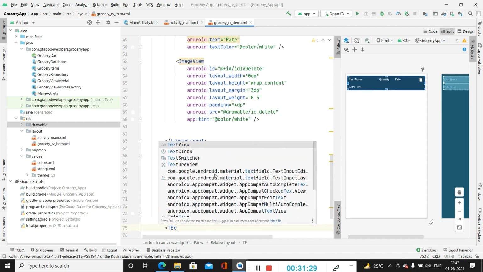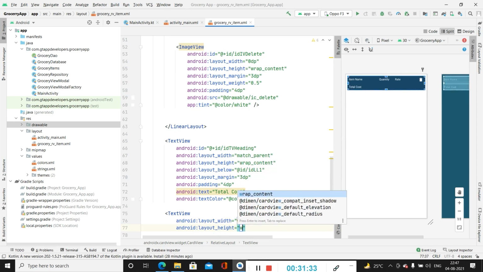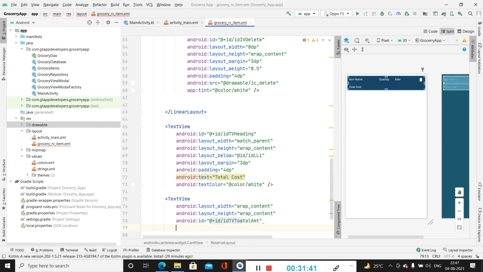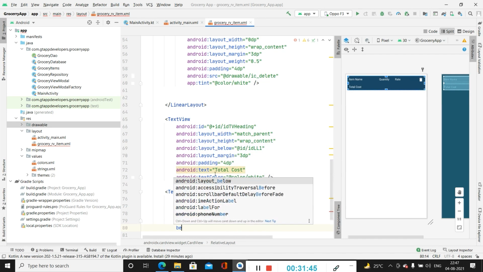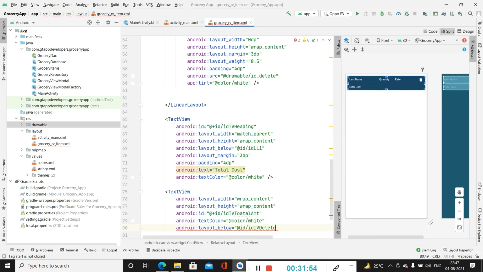After that we will be creating one more text view for our total cost, specify width as wrap content, height wrap content, ID, text color as white, below, that is ID, I will delete, or we can say it as ID ll1.